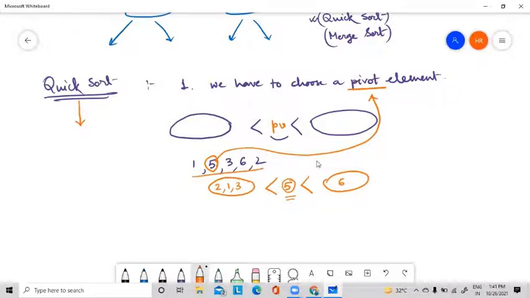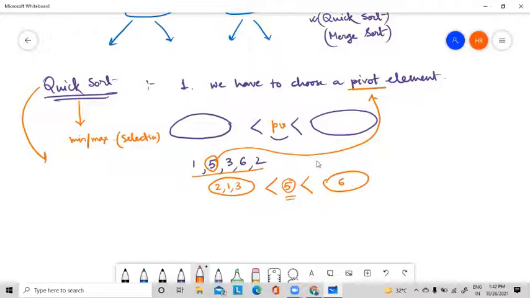Now see, there is some similarity with quick sort. If you remember the selection sort algorithm, instead of choosing any element, we choose the minimum element, then we put it in its proper position. So there is some similarity between quick sort and selection sort. In selection sort, we have a specific element, either minimum or maximum, but in quick sort, we choose a particular element randomly and then put it in its proper position.